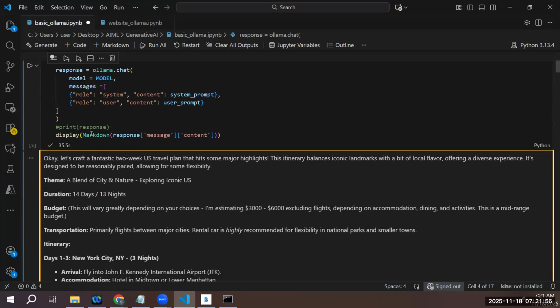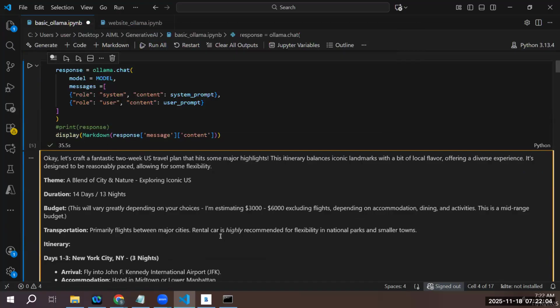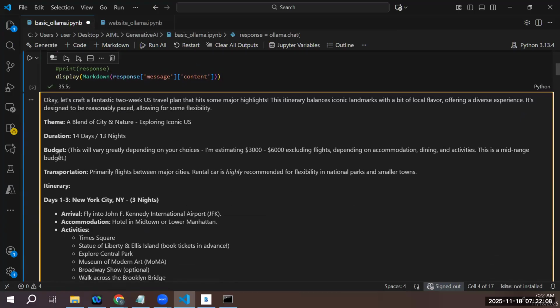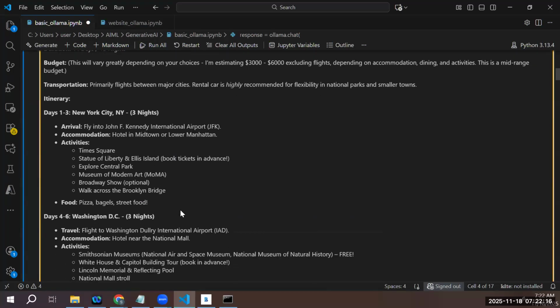So that's the reason the output by default is displayed as a markdown script. And when you say wrap it within the markdown function, it will respond in a markdown script. Now it is giving us a nice blend of a 14-day trip: New York City 3 days, then Washington DC 3